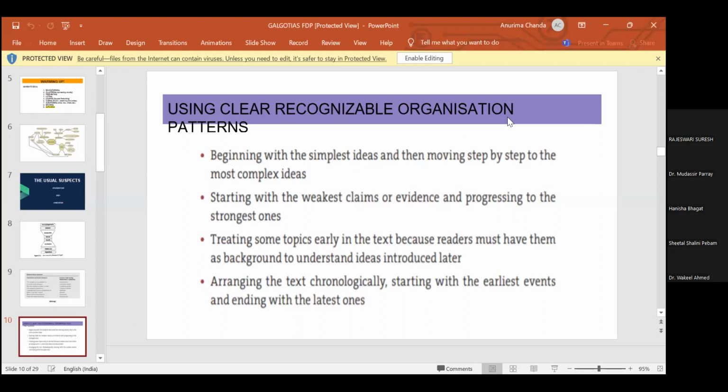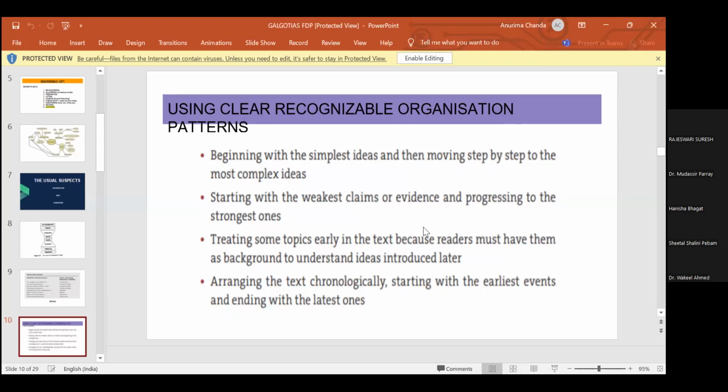There is the cause and effect plan. There is a compare and contrast plan. So there are various ways that you can think about giving a structure to your own writing. And that depends absolutely on you, on the discipline that you're coming from, and the kind of thesis or the kind of work that you desire to do. So over here, there is a list of these very easily, often seen patterns